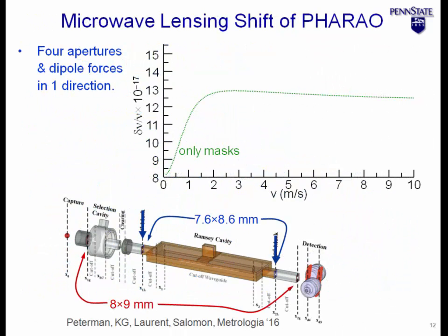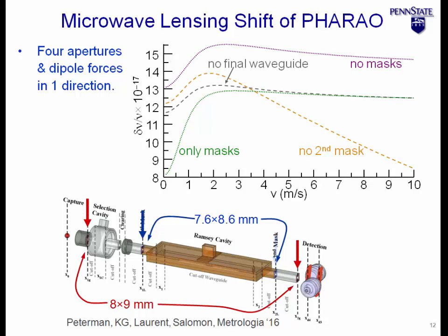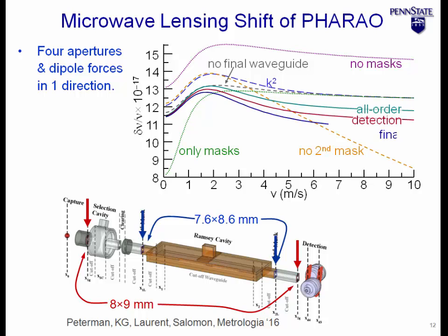Okay, I'm getting near the end. For the different apertures in PHARAO, because there are 4 apertures, you can look at how the shift depends on those. In the end, there are some interesting behaviors, but all the differences here are relatively small, and they behave a lot like they do for fountains. You can put in some different corrections, and the blue here is the final. The end result of the shift is, again, something like 11.5 times 10 to the minus 17, up to as big as 13 times